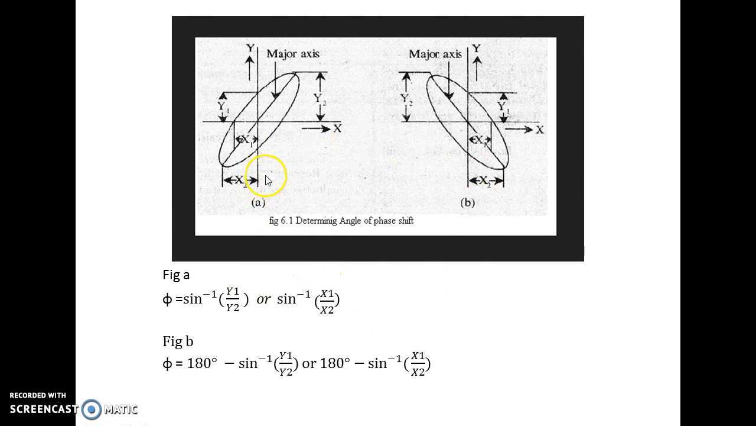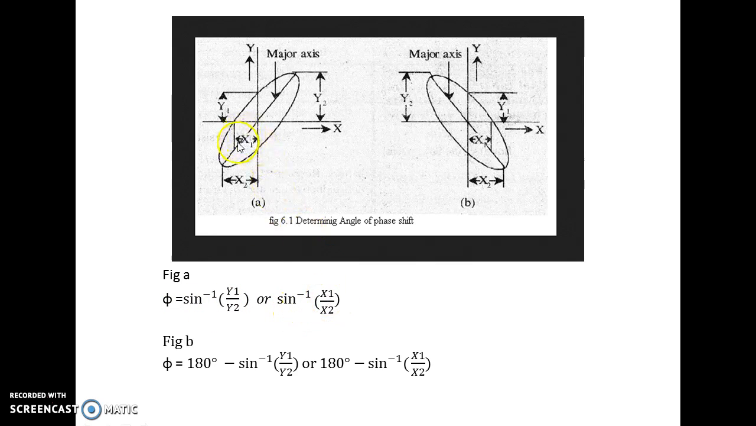Now we have two figures here. This is for an ellipse in the first and the third quadrant, right? So this is the formula that applies for the first figure. Phase difference phi is given by sin inverse y1 by y2. y1 is the point where the ellipse touches the y-axis, and y2 is the peak of the ellipse. So just y1 by y2 sin inverse of this will give you the phase difference, or sin inverse of the